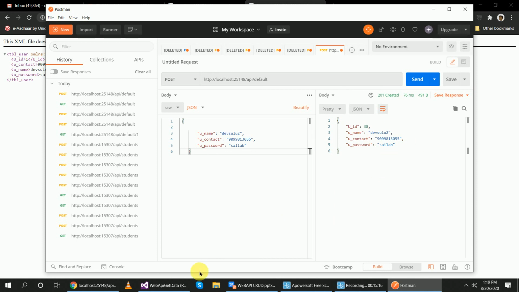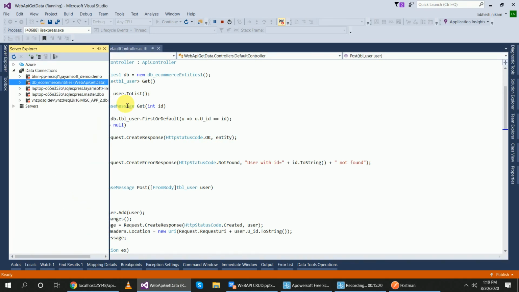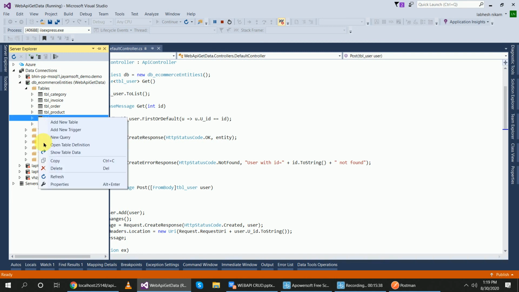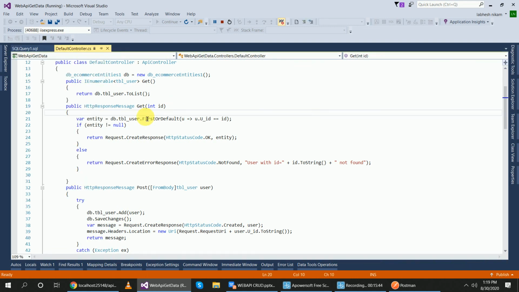If you want to check in the table, this web API get data. What is the name of the table? TBL user. This is my TBL user, and recently I added Dev's root 2.